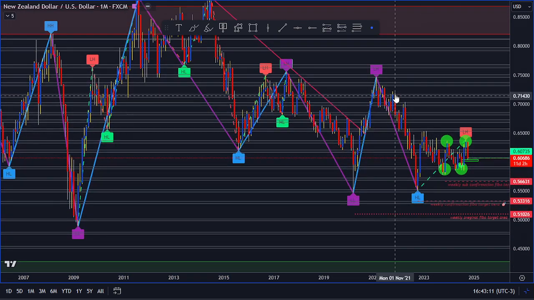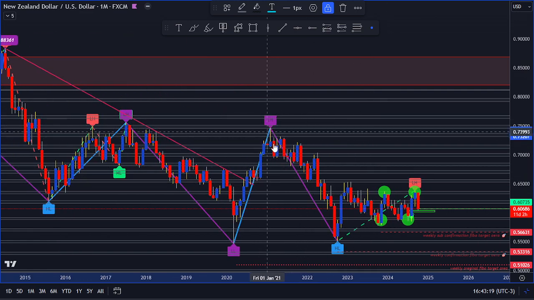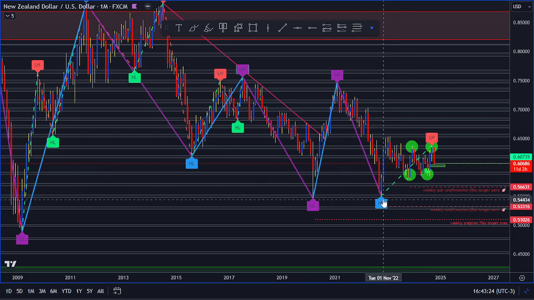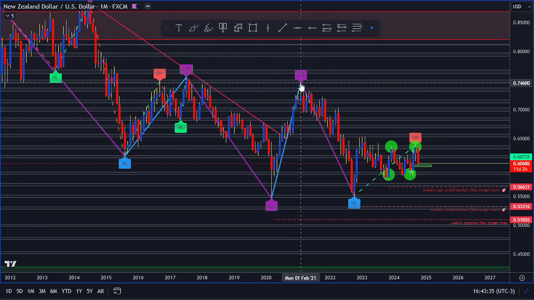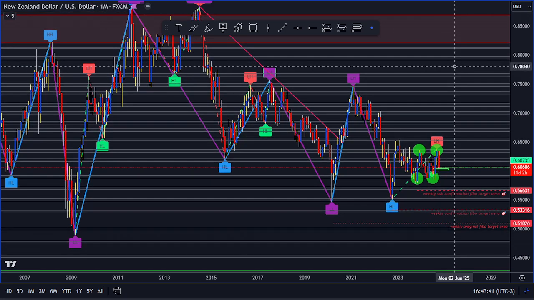So looking at the highs and lows of the market, we have extension, retracement, extension, retracement, and now we're supposed to have an extension here, but the market at this point in time refused to make a low. So you can see this is a higher low right here, this is a lower low, this is a lower high, and this is a higher low right now. So the market made a higher high, higher low. All right, so it might want to buy all the way to make a new higher high. Of course, that is not going to happen, but